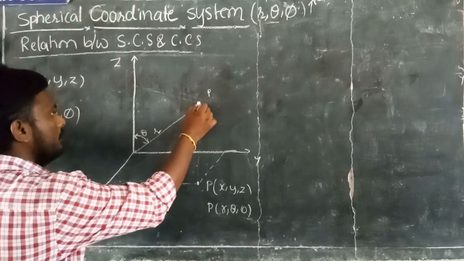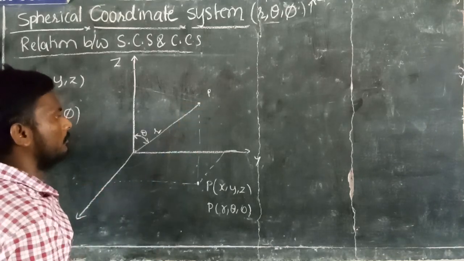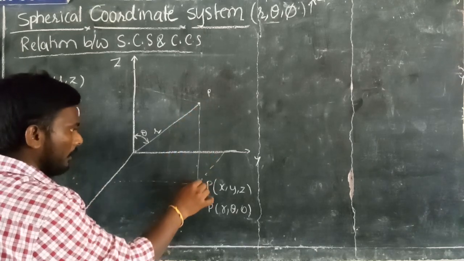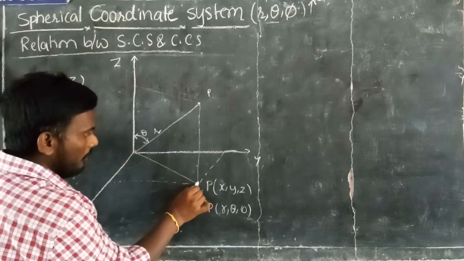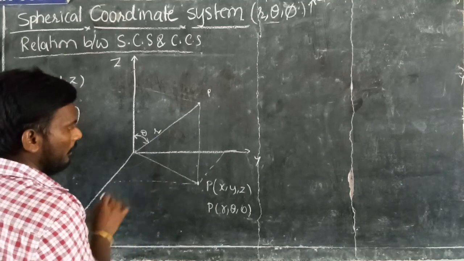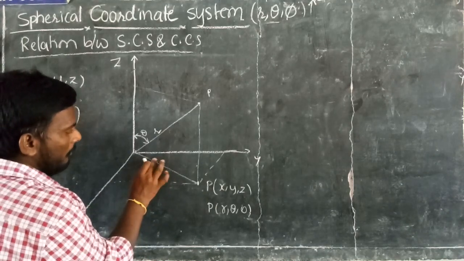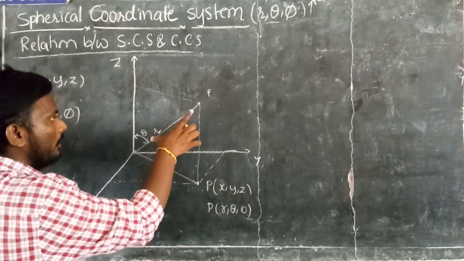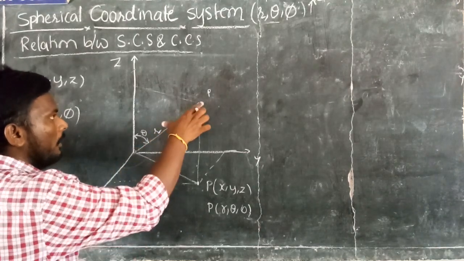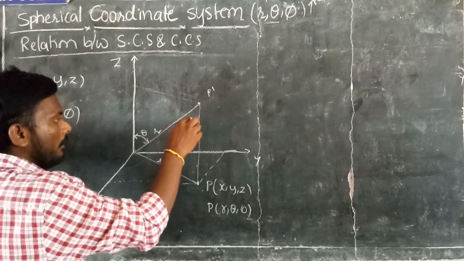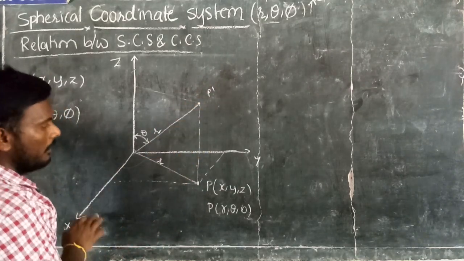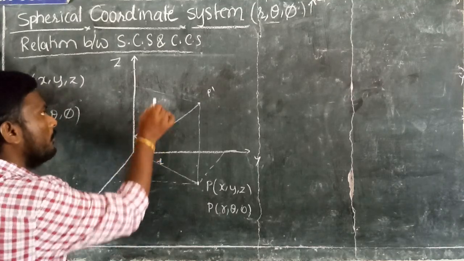Now see, if you bring this point down, your point will be here. I am not disturbing this distance, it is r. Whatever the distance between 0 and point P is, here at point P dash I am just moving this point downwards so that it is again r. And what about this length?